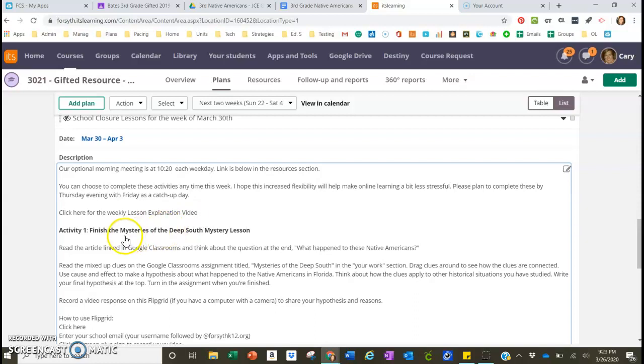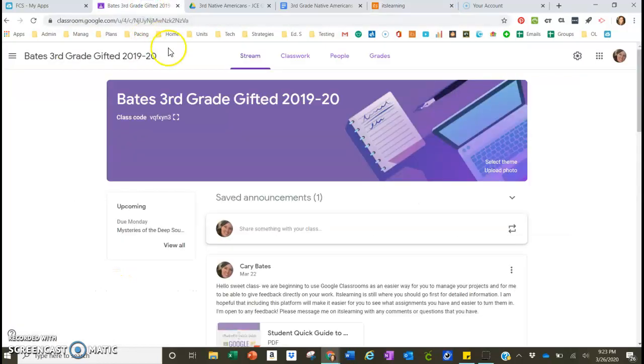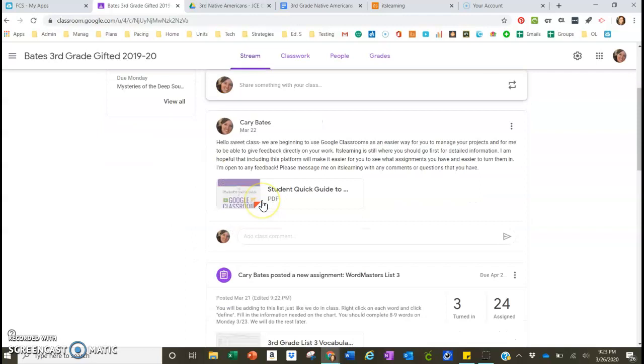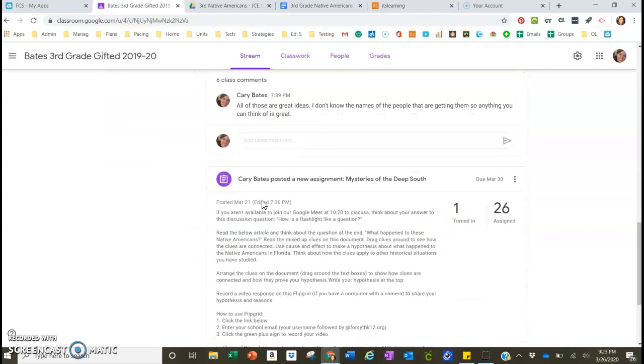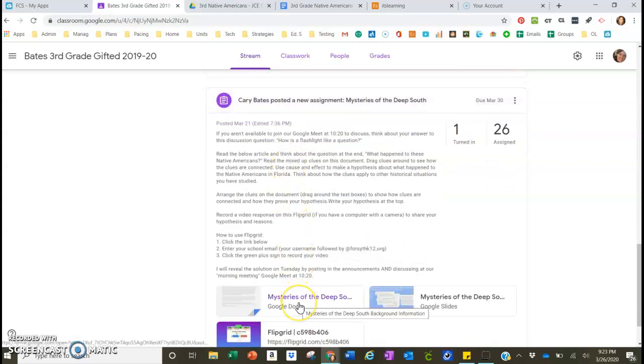The first activity, you have the opportunity to finish the Mysteries of the Deep South mystery lesson that you started last week. So all of the information that you need for this is linked in Google Classroom. So you'll go into your Google Classroom through ClassLink, and you'll scroll to the Mysteries of the Deep South assignment. You will be reading this article right here and asking yourself the question at the end, what happened to these Native Americans? You'll be clicking on this Google Slides called Mysteries of the Deep South, Google Slides, and you will